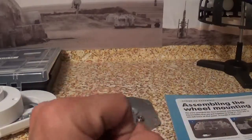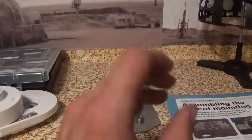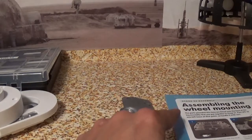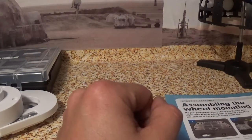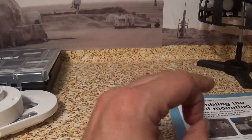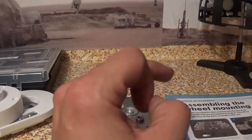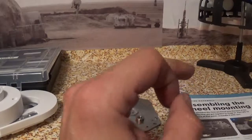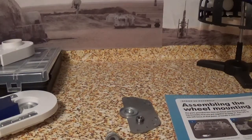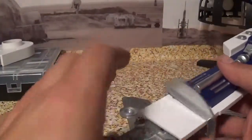Alrighty. Let's go ahead and start this. Assembling the wheel mounting. The parts provided this time are fitted onto the base of the leg assembly that you put together in stage 21. Part LPR18 was left loose at that point, so handle it with care. Seeing as I have all the leg parts out at the moment,